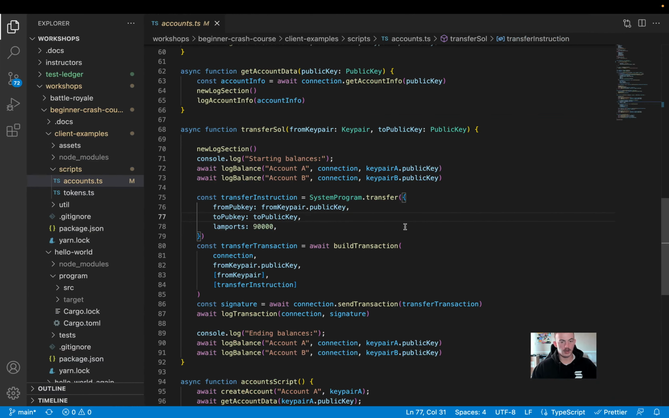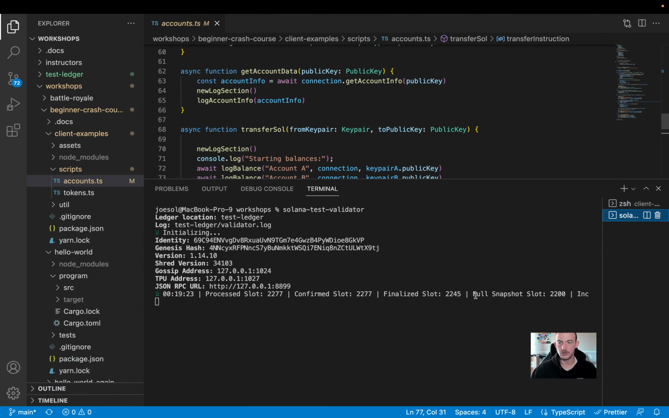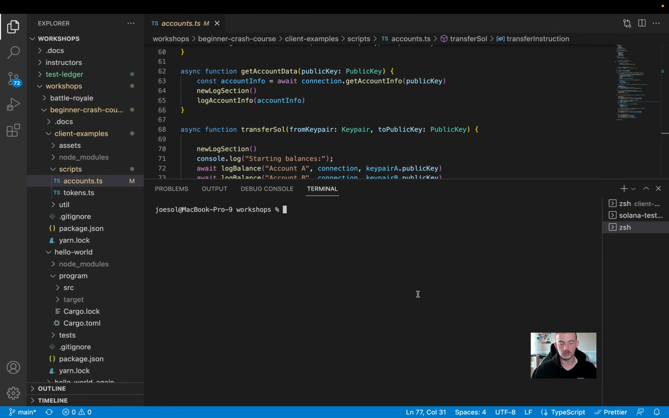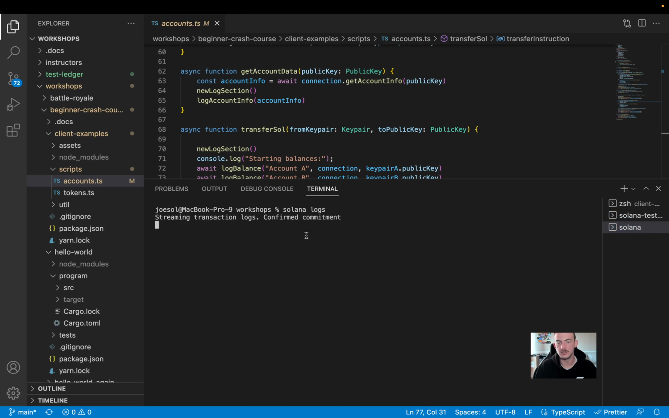But before I do that, I want to demonstrate something that I think is kind of cool. When you're using a local validator, you can just do Solana logs, and that will subscribe to your logs. Since it's just our local one node validator, there's not going to be any logs until we do something. So, for example, if I go to our program,